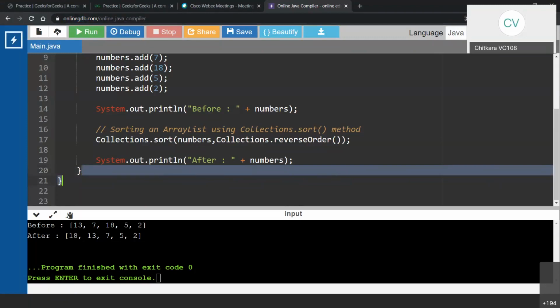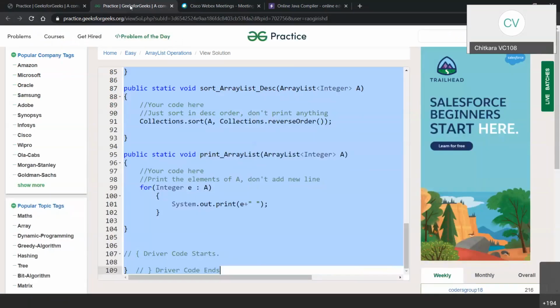So this document is going to be uploaded today. There are two documents which will be uploaded today. One will be generic and the second will be collections with all the diagrams, which contains an array list. Okay. Now let's go to the coding part, and let's see whether you are in a position to understand the question and write the code.